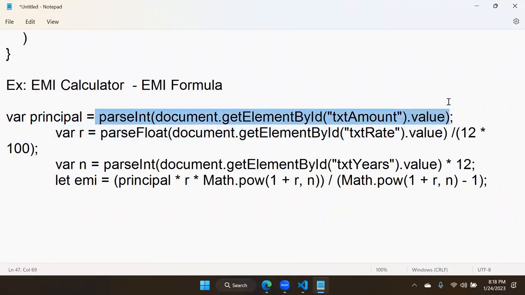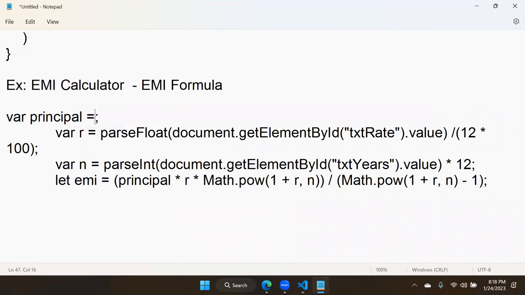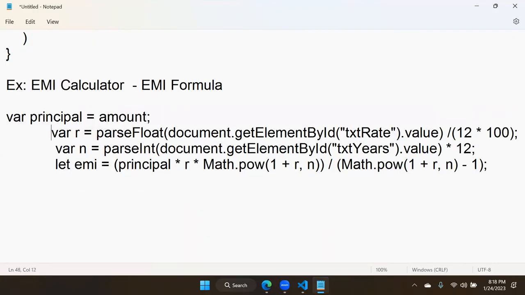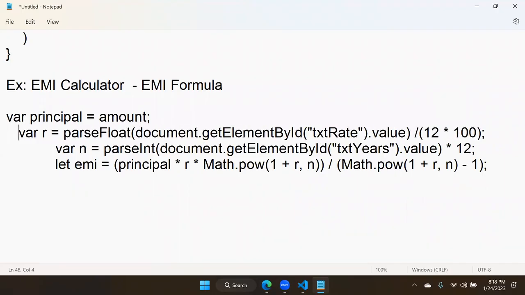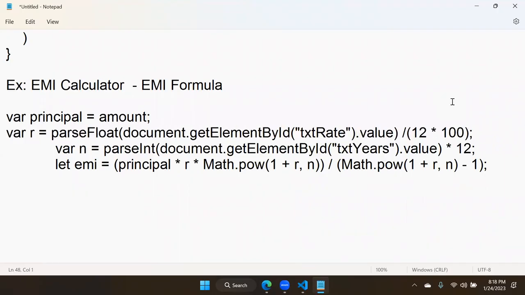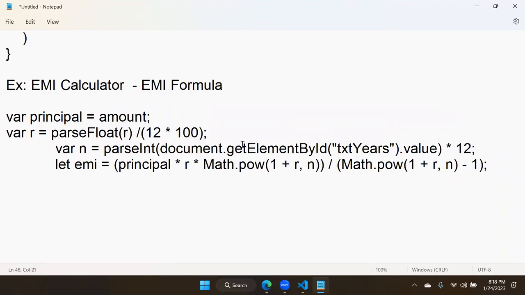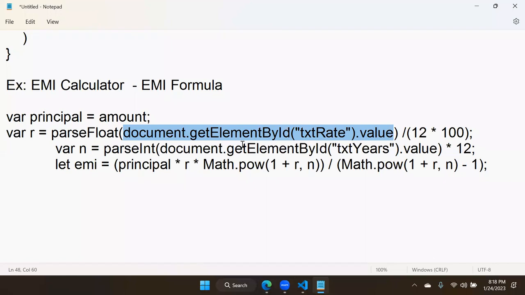Okay? According to our example, R is what? Rate. That means we have to take the rate divided by